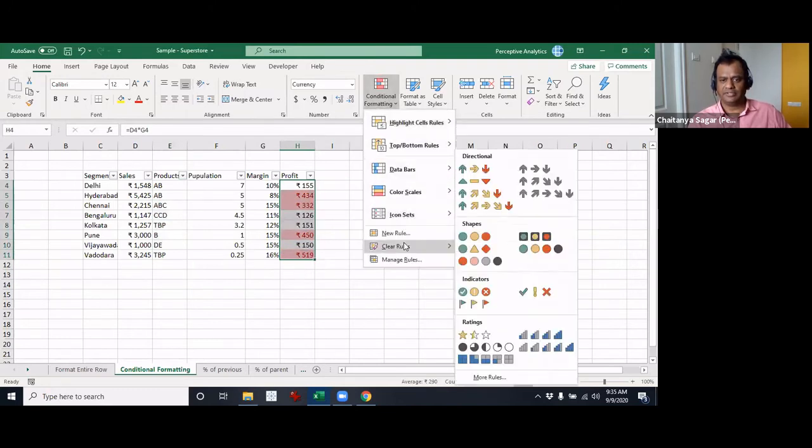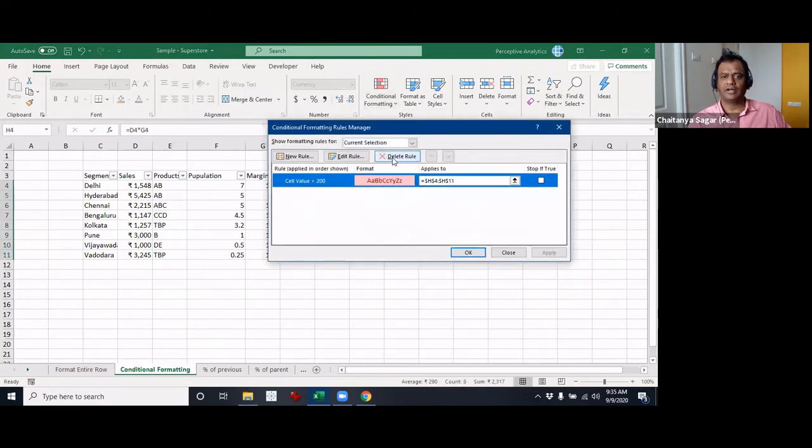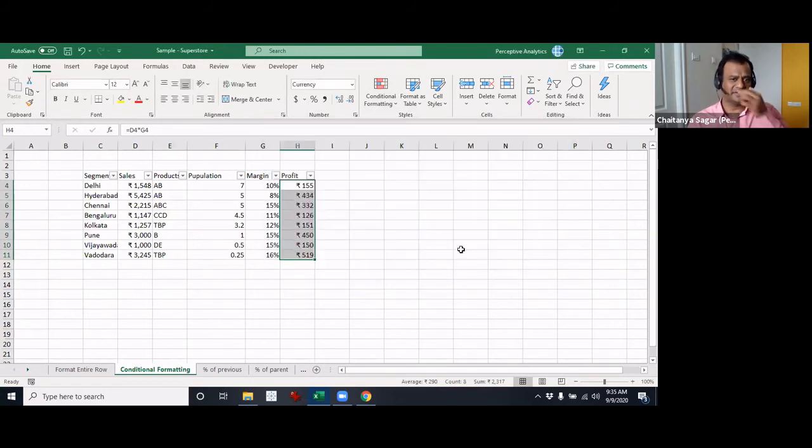There is one interesting rule, and this gives us a certain insight into how things work. Let's say you would like to highlight not just a cell, but an entire row when a condition applies. That would be interesting, right? Many times we might want to show our client the row, not just that particular cell, so it is very easy for them to read. So let's see how that works.